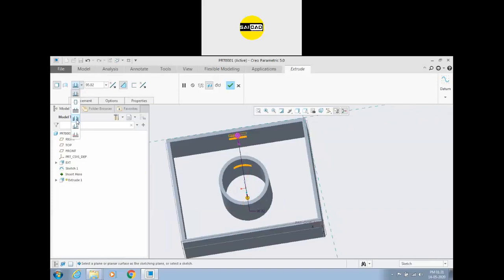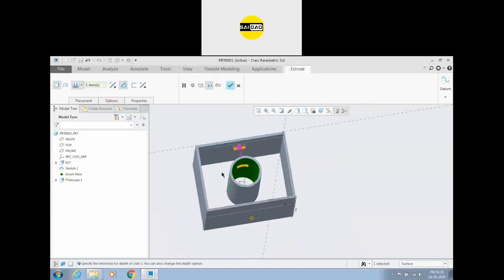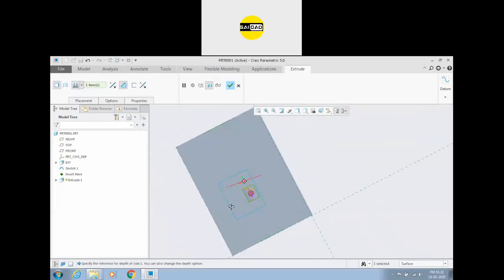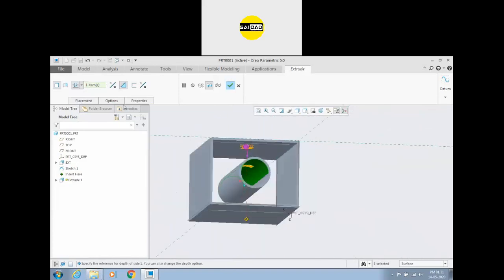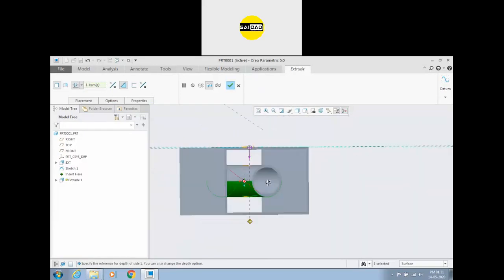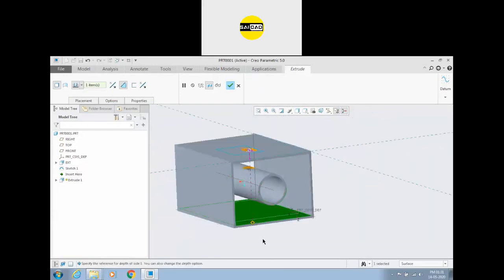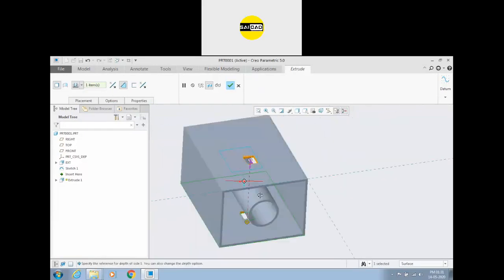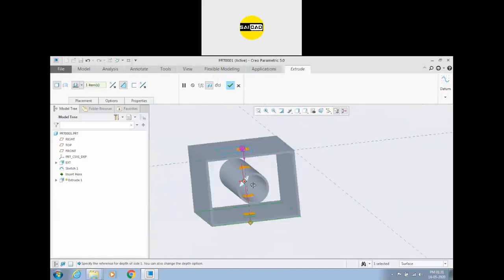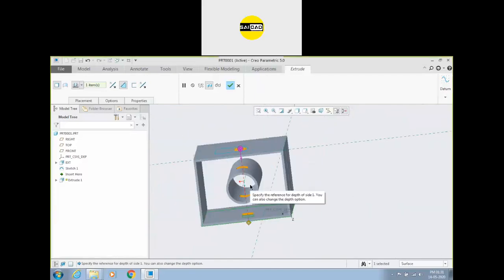If I select a surface from here, you can see that this surface material is removed, not the other side. If I want to select the other side, I can select that surface also. Okay, if I select this surface, there are the options. So if you want to cut a material from an object, the cutting object should be smaller than that object, so that you can select the surface.